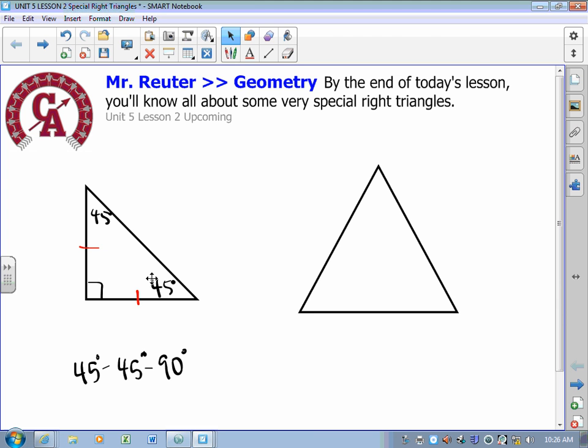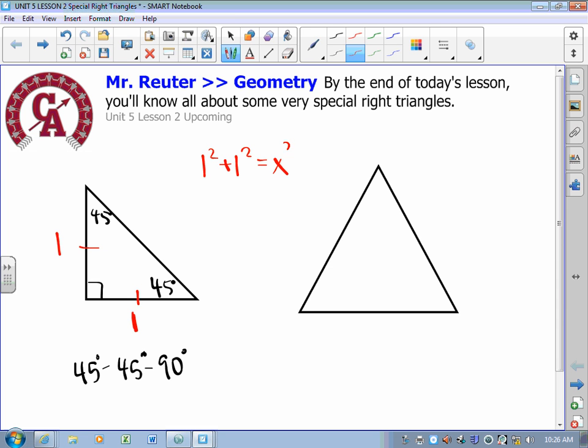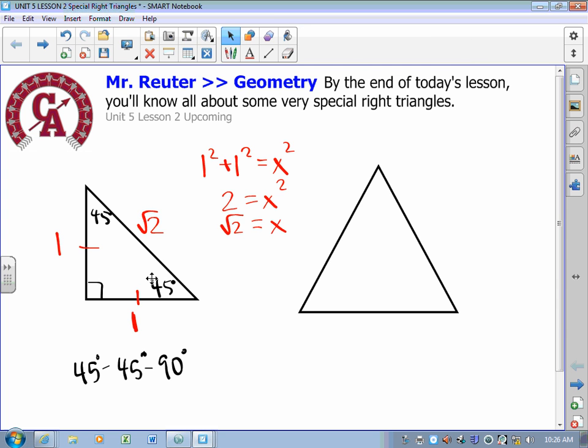And we know that if these sides are, I don't know, 1, we know how to find the hypotenuse. The hypotenuse comes from the Pythagorean theorem. 1 squared plus 1 squared is x squared. And of course, 1 plus 1 is 2. And so x is the square root of 2. This is the square root of 2. Now that's an interesting discovery, because